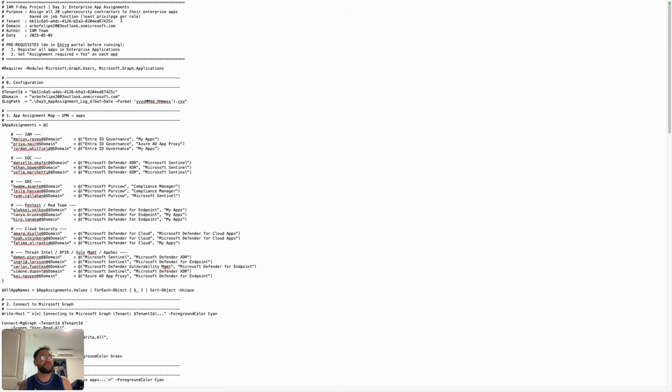As you can see, we have the script right in front of me, and I will give you a brief explanation of what's going to happen. We have the configuration for the tenant, domain, and the log path, and then the app assignment map. For the IAM users, we have My Apps and Entra ID Governance. For the SOC, we will obviously have Microsoft Defender and Sentinel, the SIEM. For GRC, we're going to use Purview and Compliance Manager. Pen test: Microsoft Defender for Endpoint and My Apps. Cloud security: